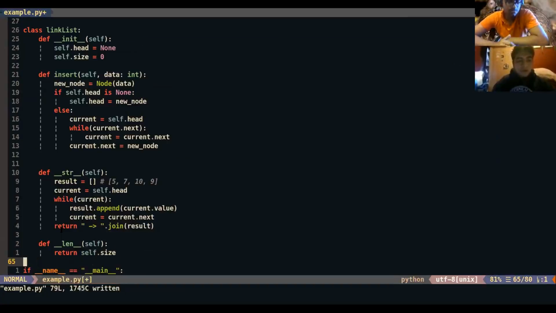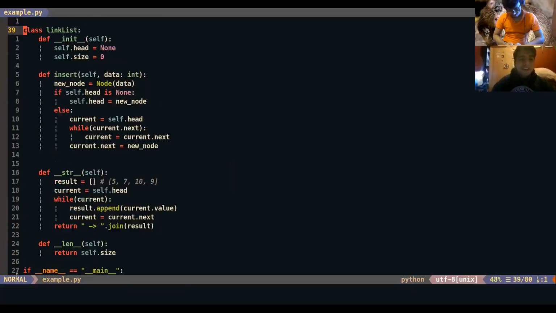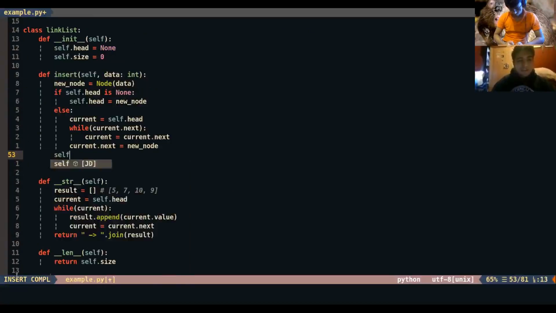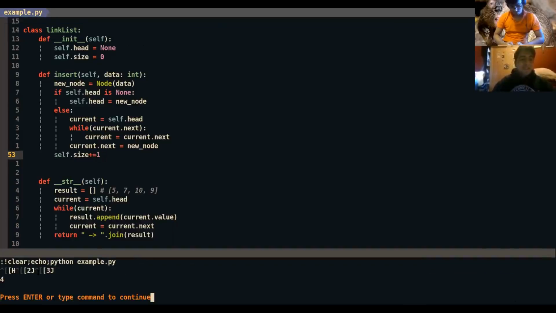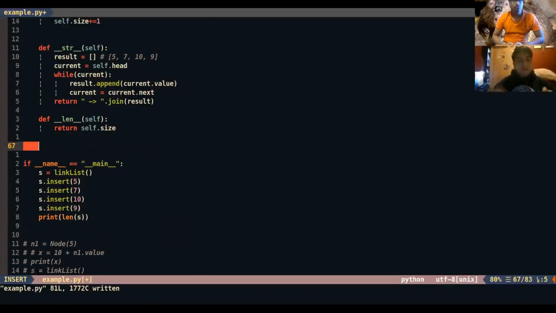So now when we print out the length of S, and then we increase it in our insert function, not like a crazy person, we should see that we now have a function that adds size. So with this, we can do a lot of things. For example, we can,